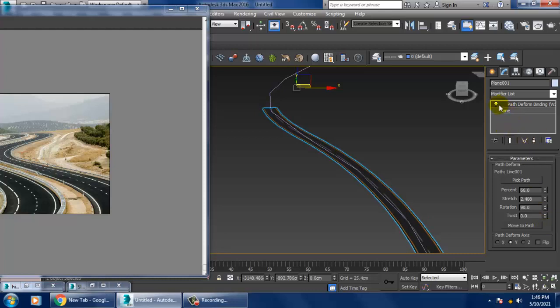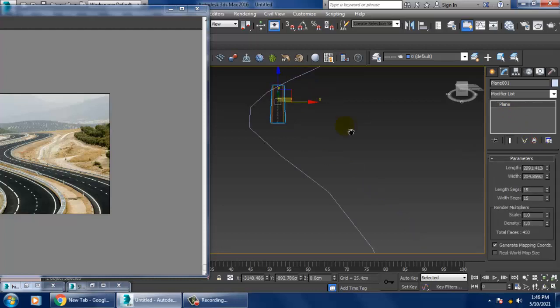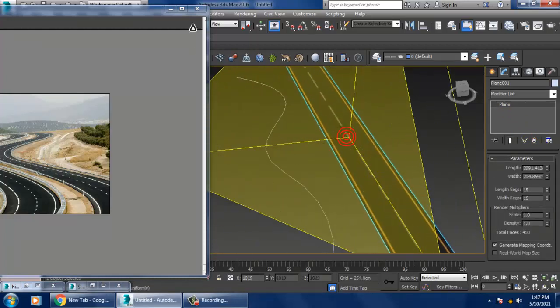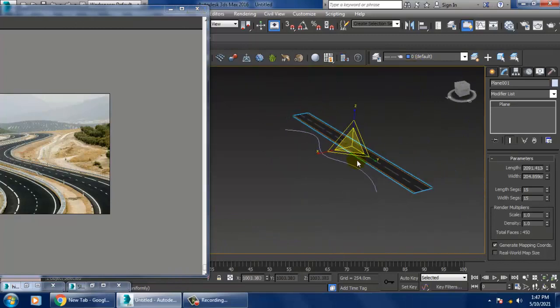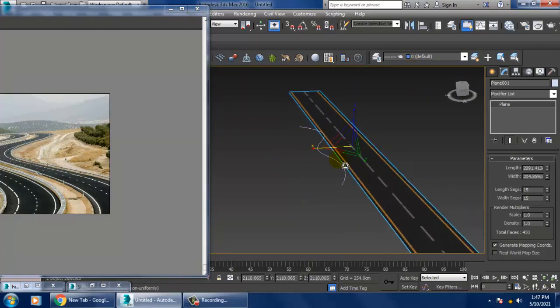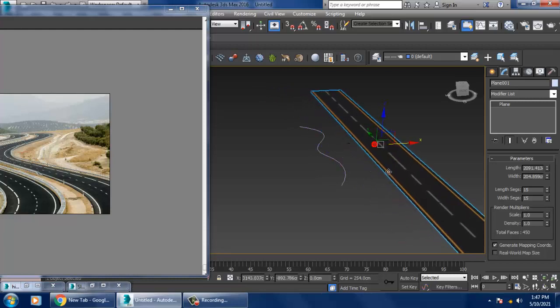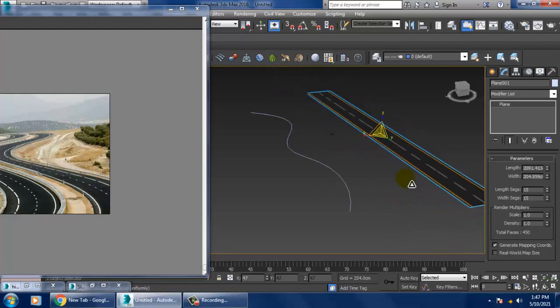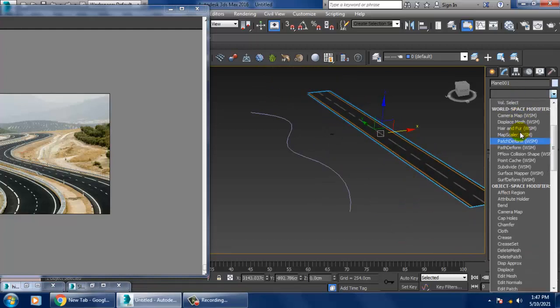First I'll turn off this stuff and remove this. I'll scale it, that would be much better. Let's scale this, go into this and give a path deform.